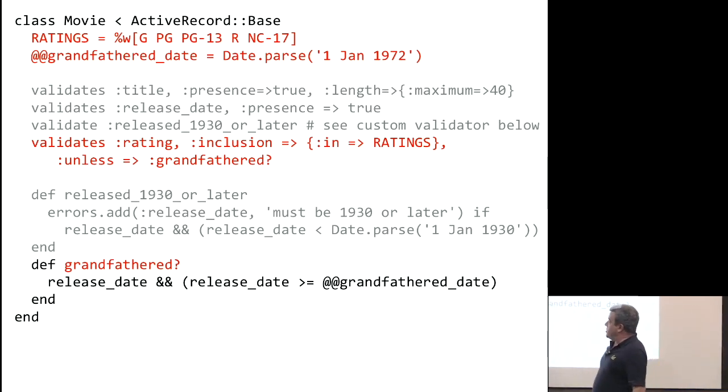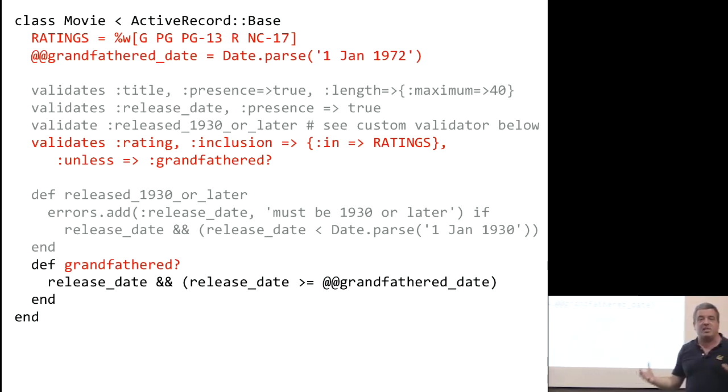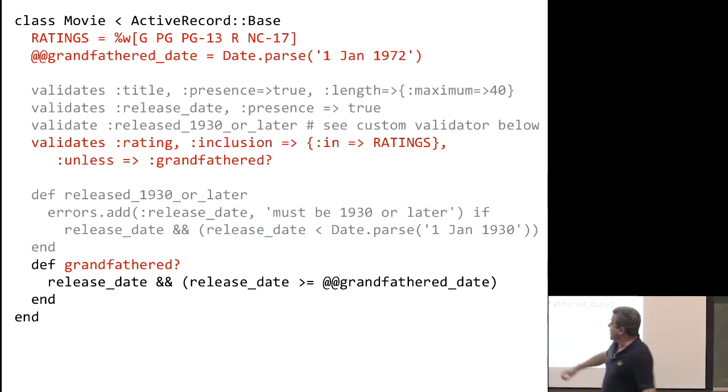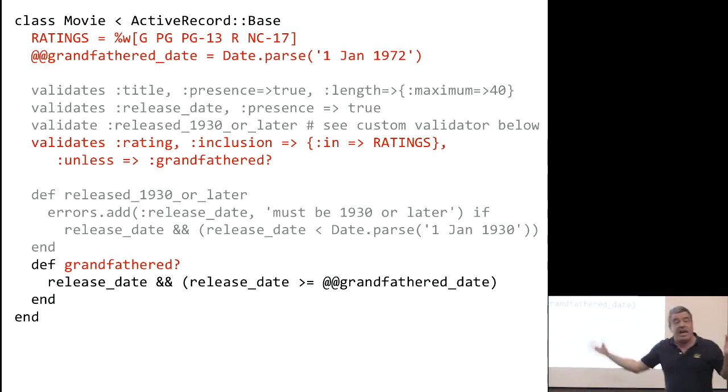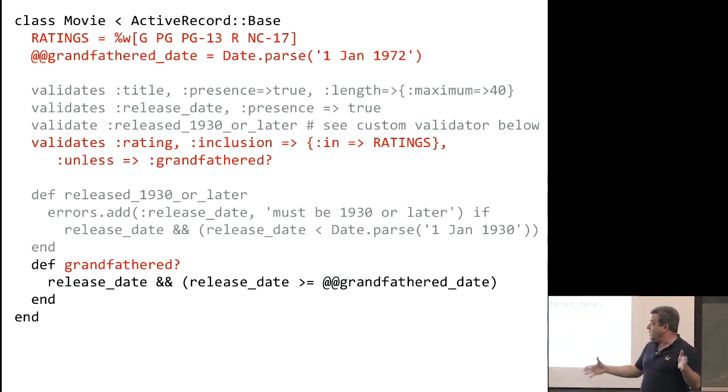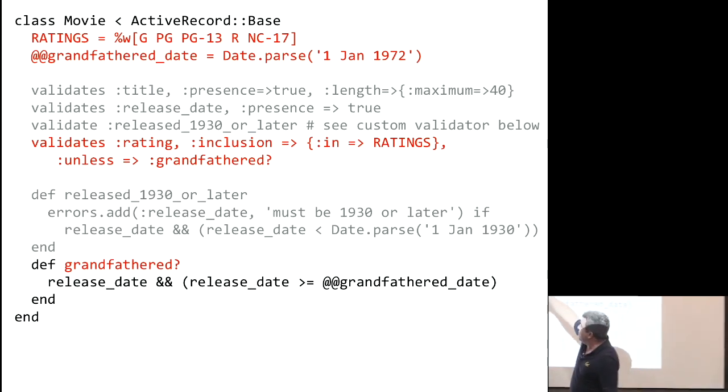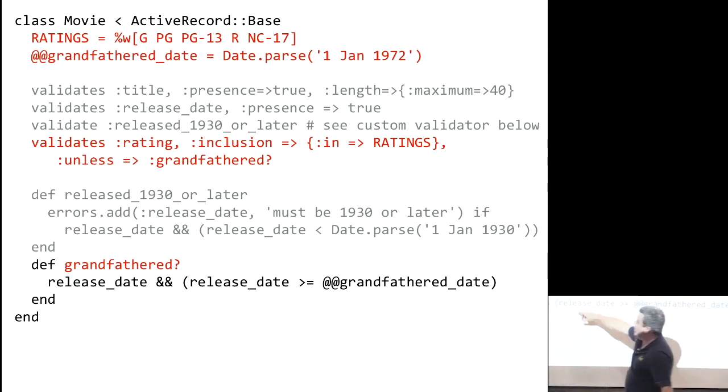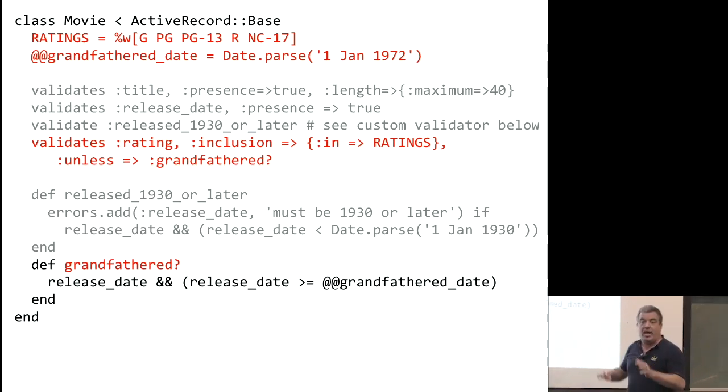So all of which is to say that I can do the first two examples, title and release date. Those are built-in examples of things you can check. I can write a simple function that can look at any aspect at all of the model and enforce any validation check on it. And I can condition any kind of validation on some predicate, so that if this predicate is true, then the validation isn't run. That's the basic idea of how validations work. And in a moment, we'll talk about when these things actually get applied.